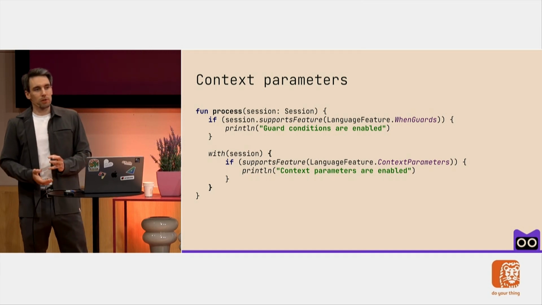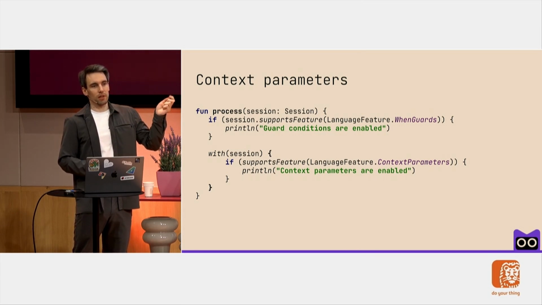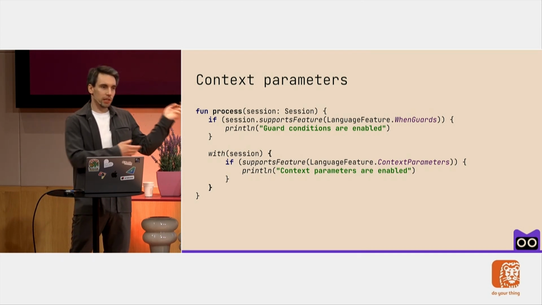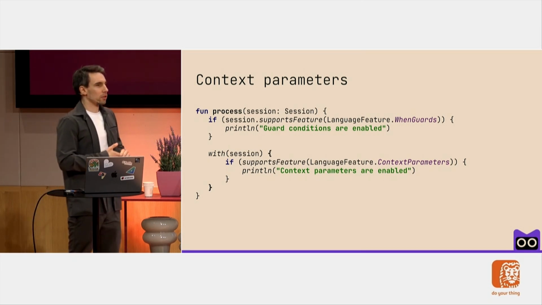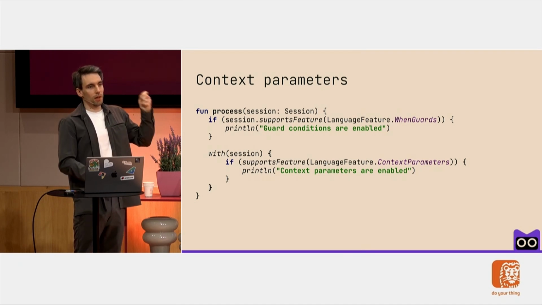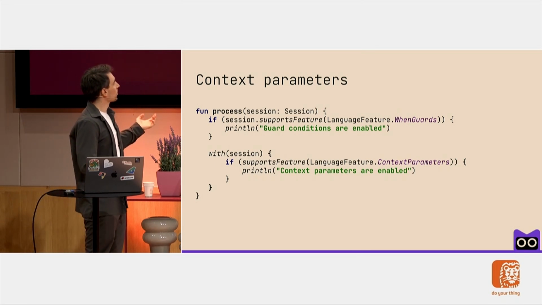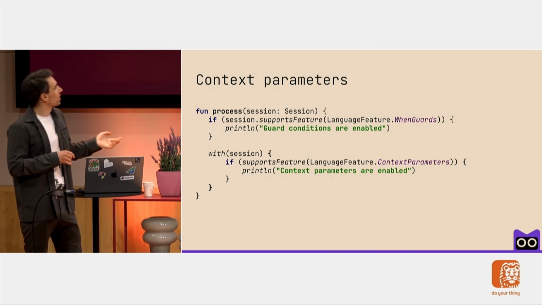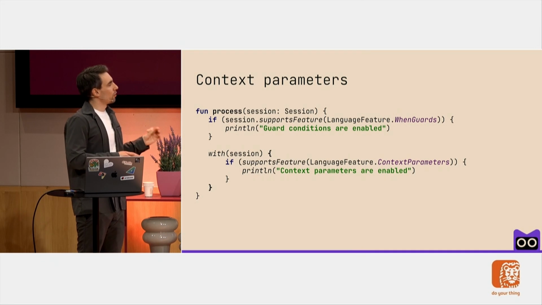But also, because this is a session, it's available as an implicit receiver in a lambda. So in a function like with, or when we just have an extension receiver, because it's a session, we normally do not pass it in the parameters. It's similar to when you have use with resources and you have a lambda in a block. Some sessions like transactions are implicitly available. And in this case, it's slightly less clear that now we have just a top-level function that supports feature. And also the problem is that